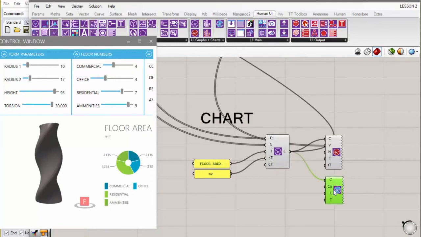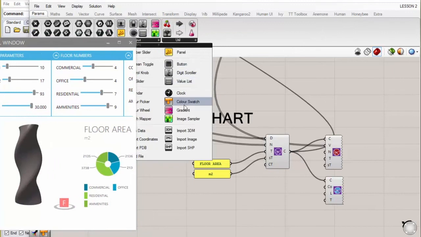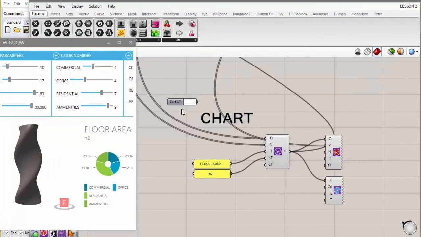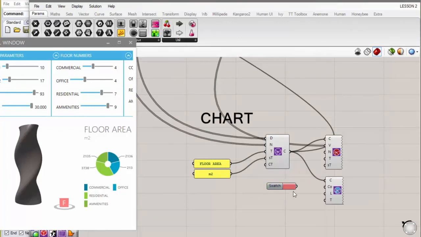So you punch this in, and the most interesting thing that you can do here is actually start to change the colors. So just adding lots of color swatches. Say we want this to be our first color. Now everything is that color. Second color.